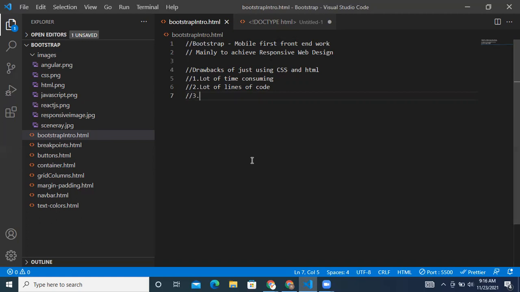As I told, CSS and HTML is time consuming to design a page, and it also requires a lot of effort while coding. I mean, the lines of code will be too much, right? So when we are using Bootstrap, we can actually reduce the lines of code. It is just a copy paste of a page that you'll be seeing now. I'll be showing you one small example today of how to use Bootstrap. First, let me complete the theory part of Bootstrap.